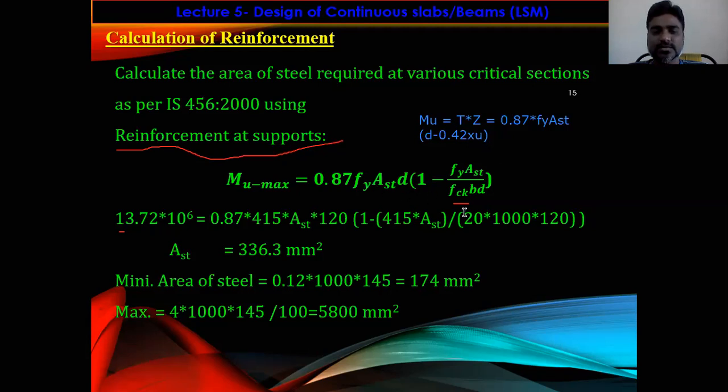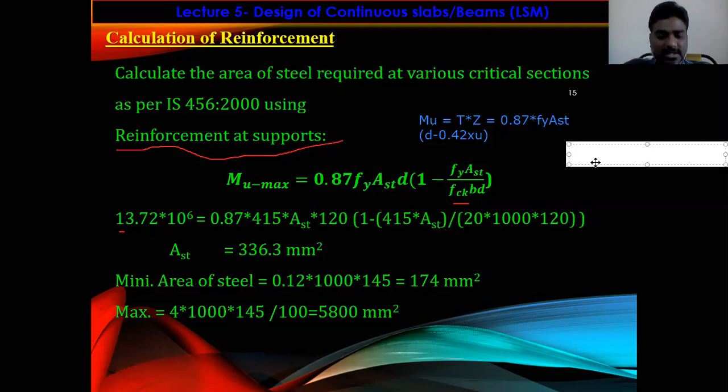The reinforcement should be determined corresponding to the actual depth of neutral axis. What is the actual depth of neutral axis? How to determine it? The actual depth of neutral axis can be determined by equating the compressive force equal to tension force. That is 0.36 f_ck b x_u